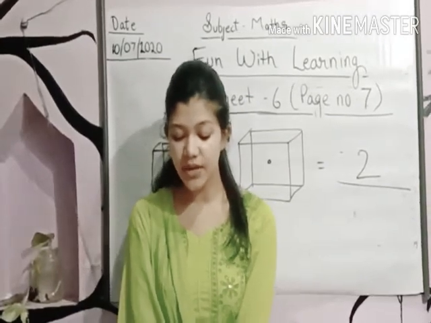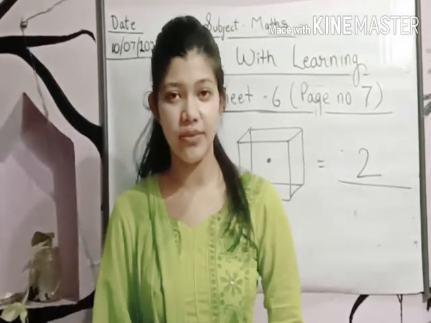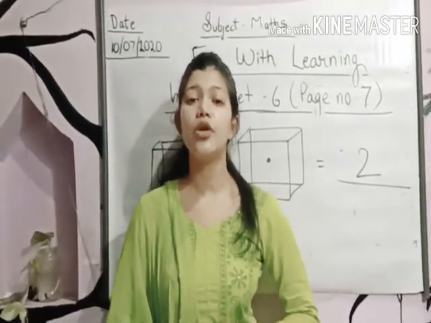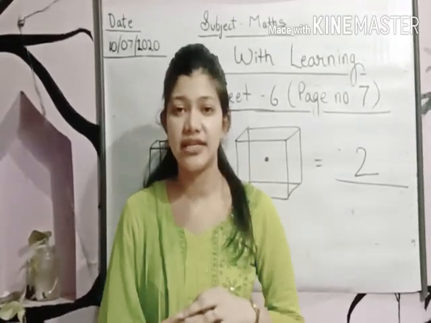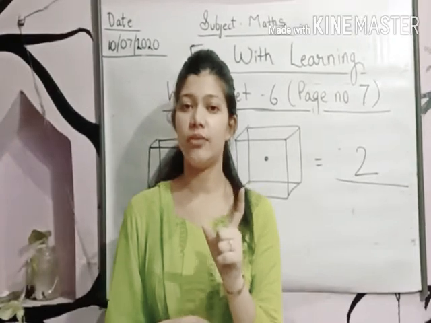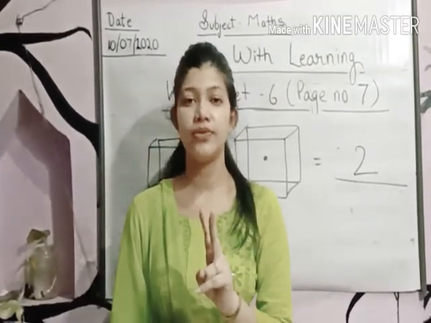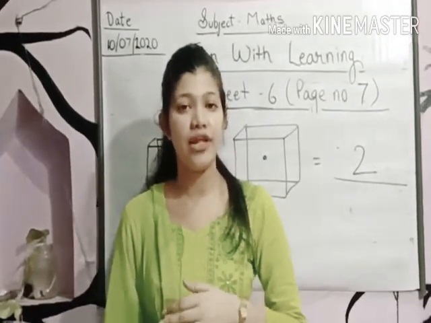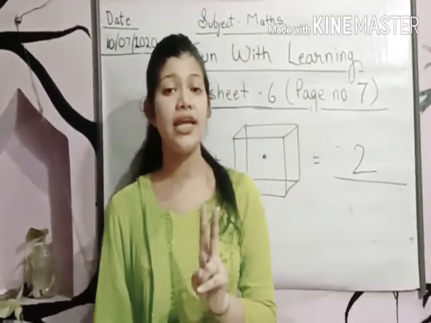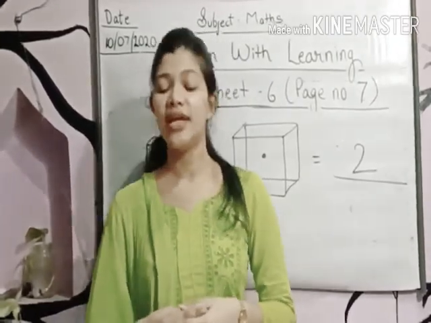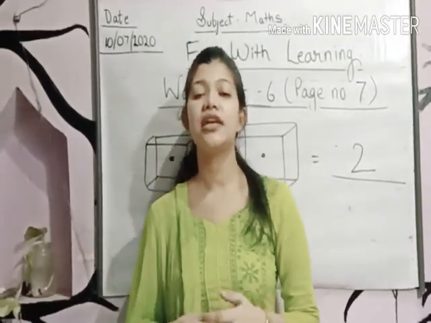Write the biggest number you get by throwing 2 dice. Now you have to tell the biggest number. So which is the biggest number on a dice? Count 1, 2, 3, 4, 5, 6. Yes, so 6 is the biggest number. If we take 2 dice of 6 digits, then the answer will be 12. Means which is the biggest number which we will get by throwing 2 dice? The answer will be 12. Clear? So write this answer over here and I hope this is clear to you all.